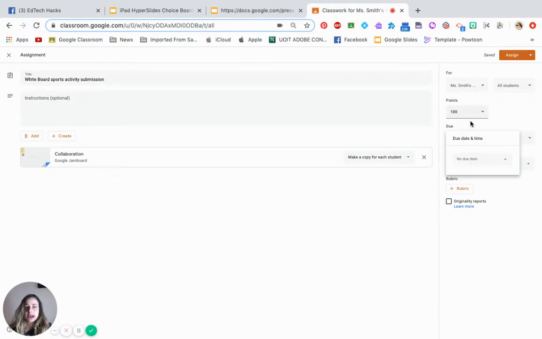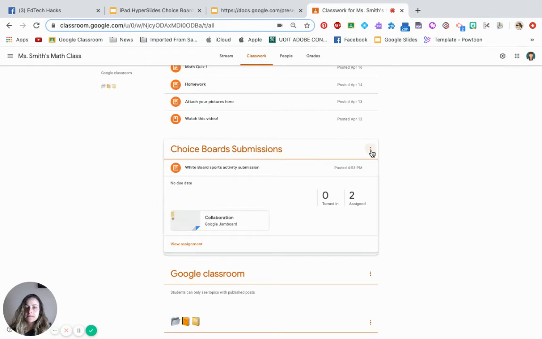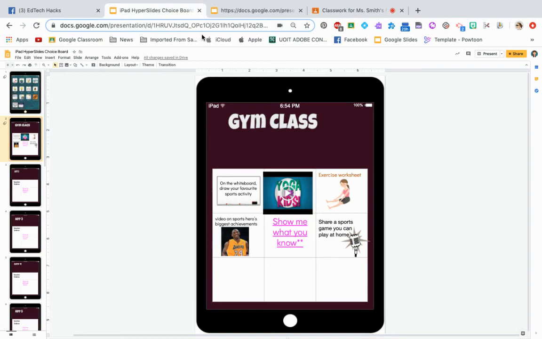You can select a due date if you want. You can select which students or all students. And I'm just going to say this is ungraded since it's a choice board, and I'm going to click Assign. Click on the three dots of the actual assignment, click Copy Link, go into your presentation,